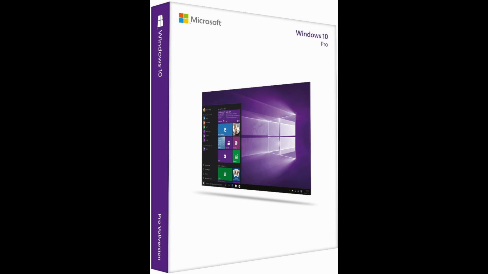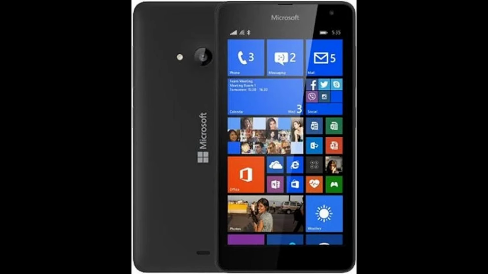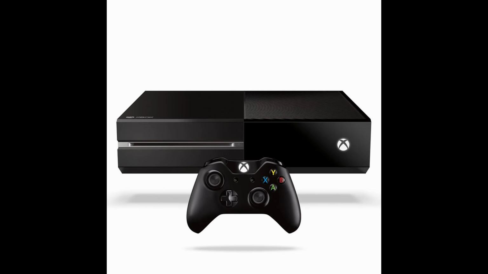See, Windows 10 was not just an operating system you ran on your computer. Microsoft envisioned that Windows 10 would be the operating system that would run on your Windows-enabled smartphone, and it ran on the Xbox as well.